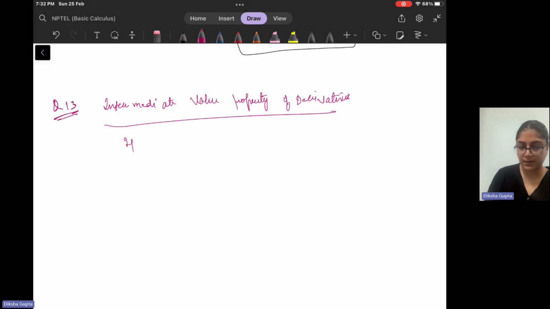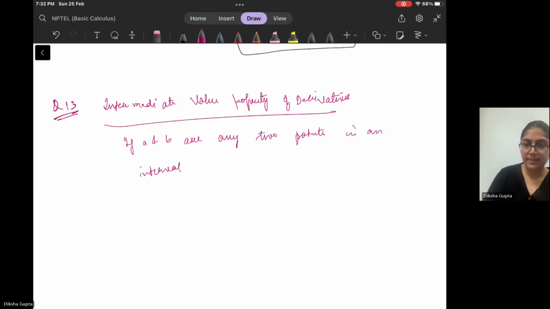What does it say? If A and B are any two points in an interval on which f is differentiable,